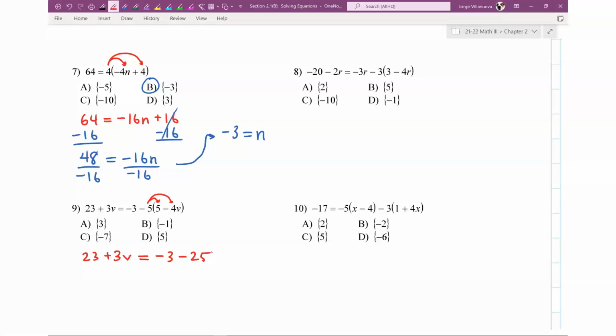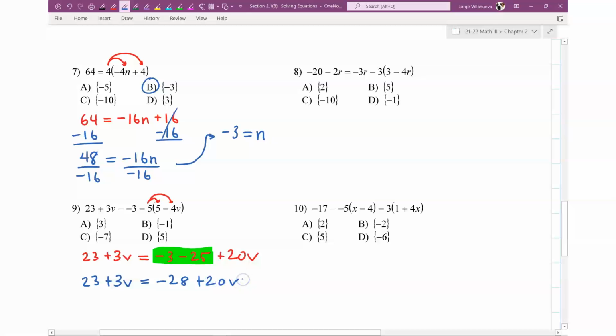Anyway, so where was I? We distributed -5 times 5. That's -25. -5 times a -4v, that's going to be a positive 20v. Okay, my like terms on the right side are right here. Let's fix that first. -3 minus 25 is what? Thank you. -28